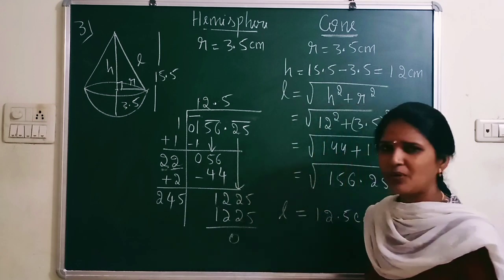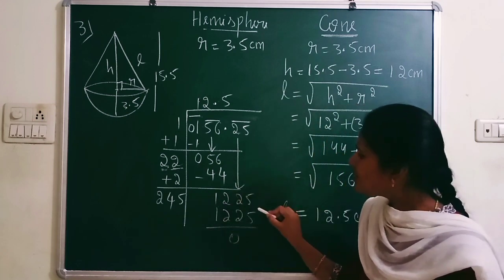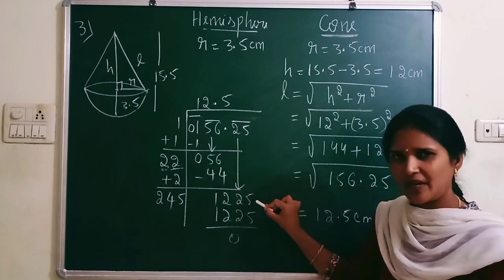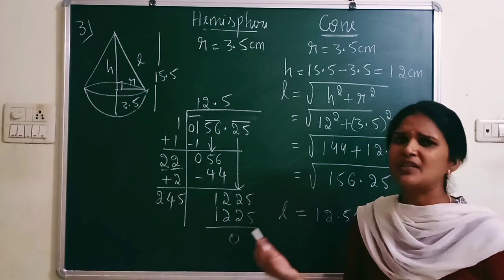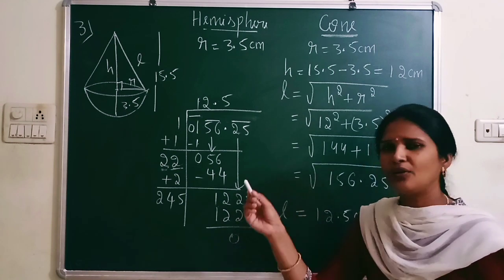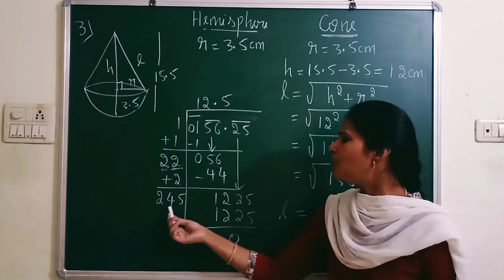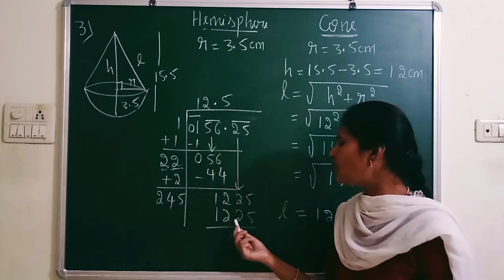Now the last step of this division. So guess the last number you have here, 5. You know that 5 5s are 25. So you can guess it or you can multiply and check. 245 5s are, we get 1225.